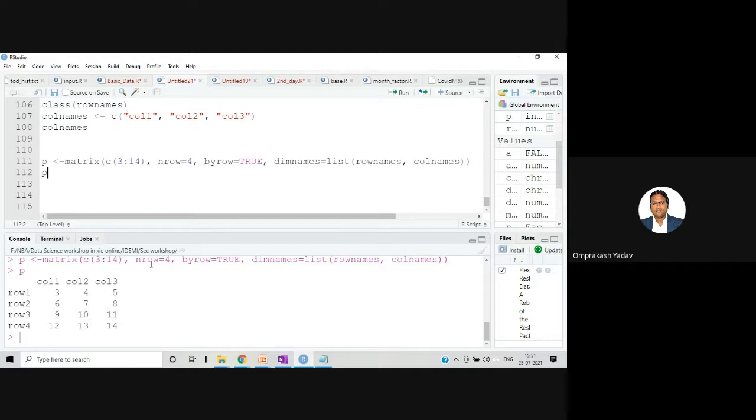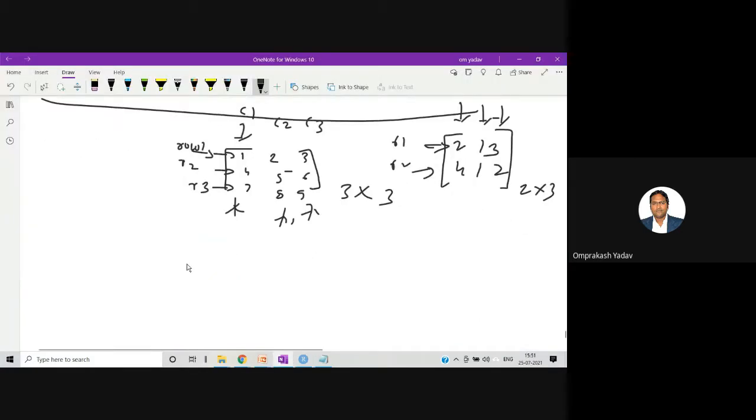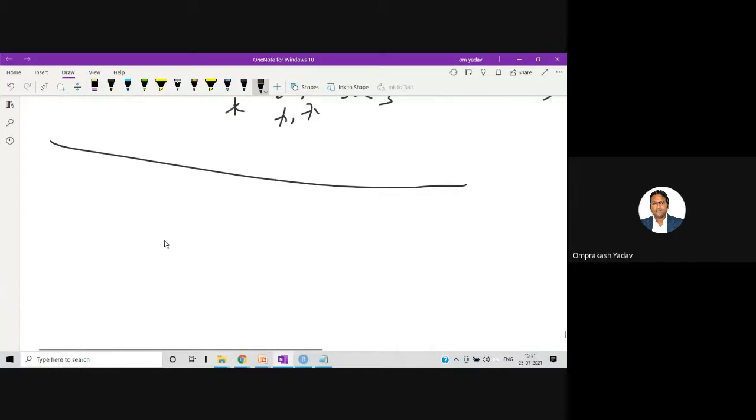One minute. Let me go to the notepad. See here, if in the c function I am mentioning c(1, 2, 3, 4), and nrow I am mentioning as 2, how many elements are there?